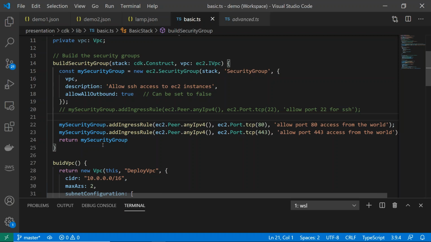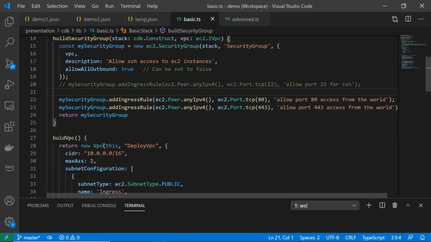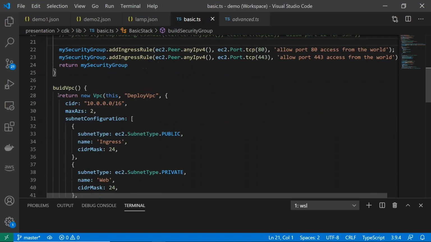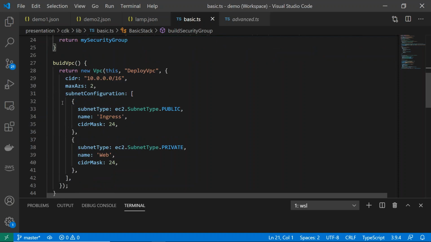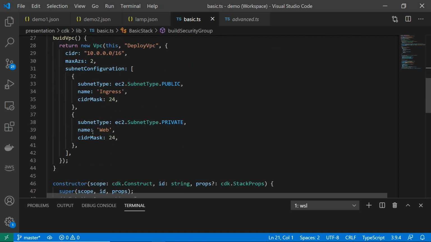I'll tell you the other thing I'm doing in this code: I'm building, in Amazon, a virtual private cloud. In CloudFormation that is a lot of steps, but here it's just this right here. That's it. I'm building it with two subnets, a private subnet and a public subnet. I'm giving it my CIDR range and telling it which availability zones to use. A lot of configuration I can put into this.